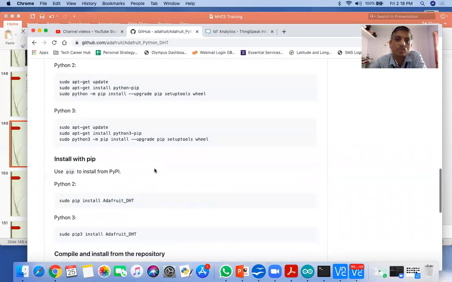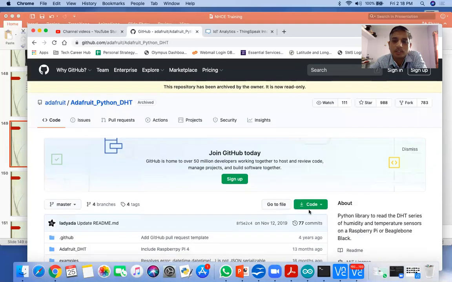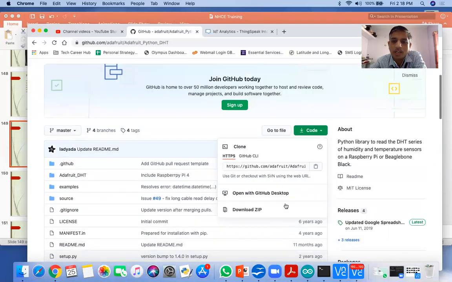Otherwise, just go to this web URL, click on it and download the zip, and that's it. And your Raspberry Pi has the Adafruit DHT library installed in it. So this is the very simple technique to install the DHT library on your Raspberry Pi.